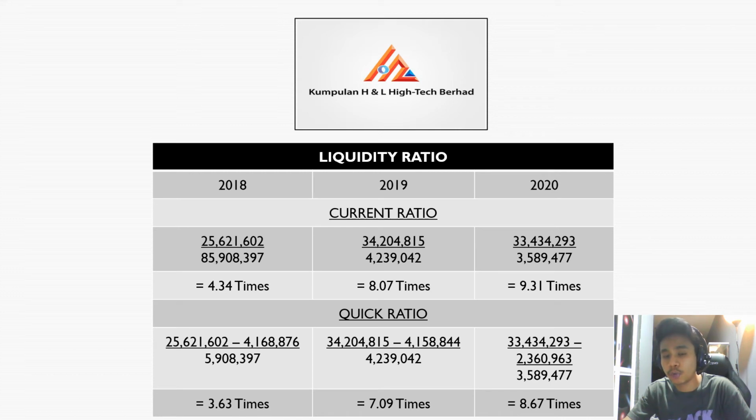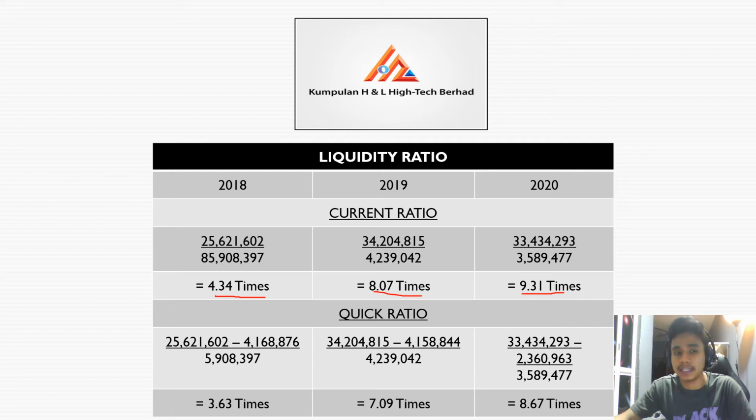Liquidity ratio for Kumpulan H&L High-Tech Berhad. Current ratio: the increasing current ratio from 2018 to 2020 shows that Kumpulan H&L High-Tech Berhad has been improving its efficiency with its current assets to meet its obligations each year. Next is the quick ratio. The quick ratio has also been increasing each year from 2018 to 2020, which indicates that the company has a higher ability to meet